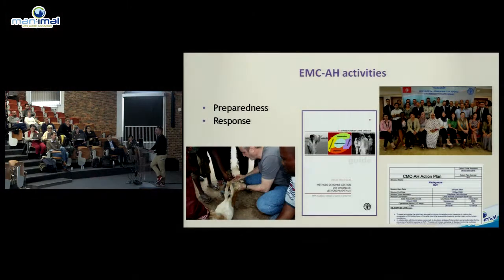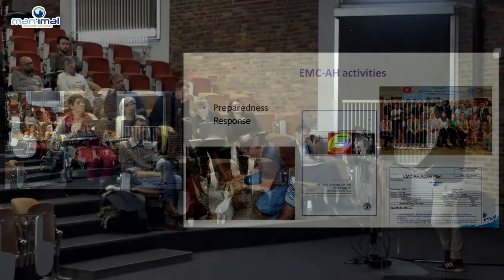The activities of the center are mainly on emergency, but also on preparedness, because when a country is well prepared, it is able to start responding to emergencies by itself before going to the international partners for support. So basically we have provision of emergency missions, but also training in preparedness and response in many countries through the Good Emergency Management Practice document that was done by FAO.